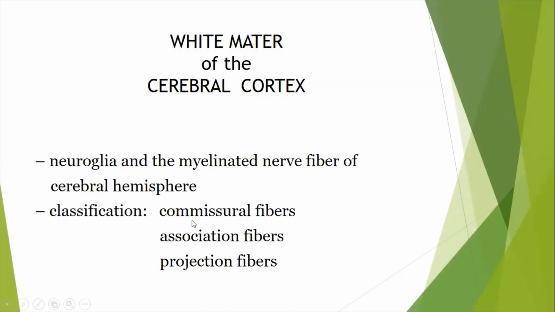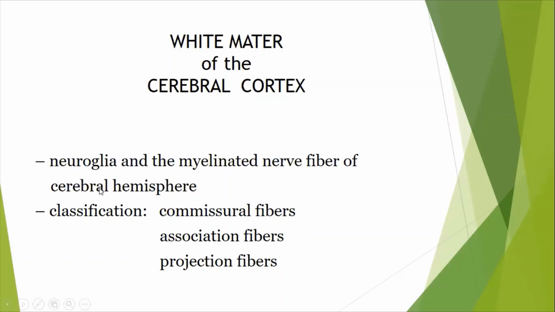The classification: there will be commissural fibers, association fibers, projection fibers that will be seen in the white matter of the cerebral cortex. Their nerve cells will be seen in